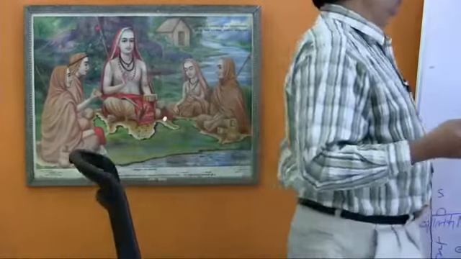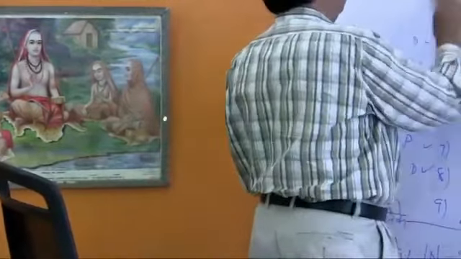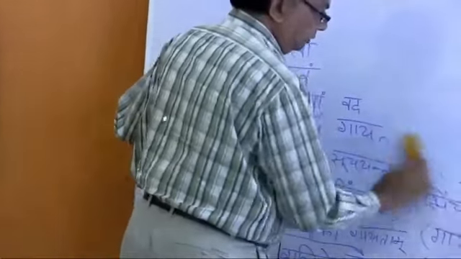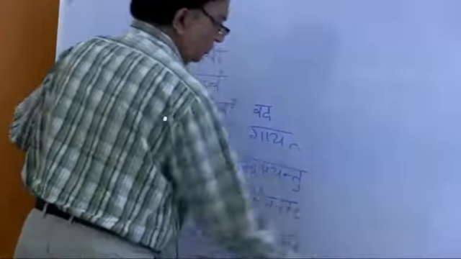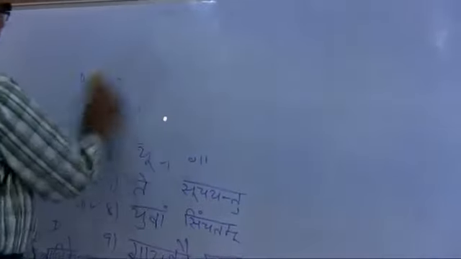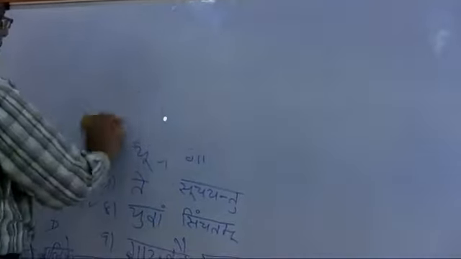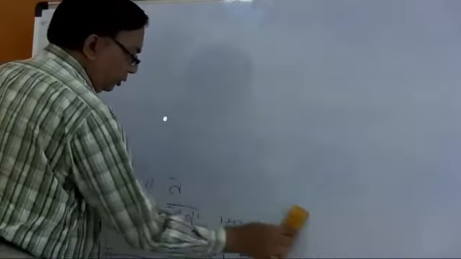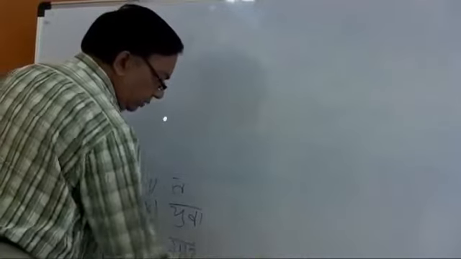Now these are the 10 more sentences to be done in imperative, depending on the subject and number. First you have to identify the subject, whether it is third person, second person or first person. Then you have to know the number, whether it is singular, plural or dual, and then suitably change the verb into imperative mode.